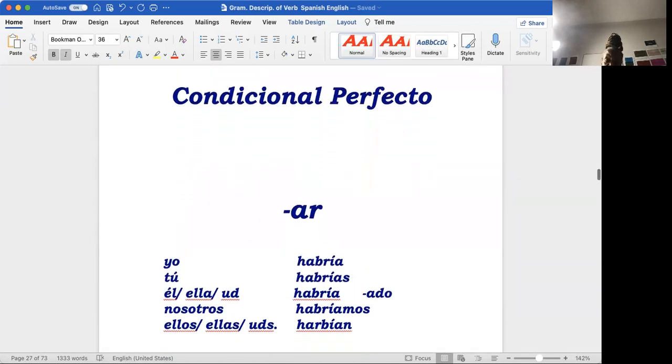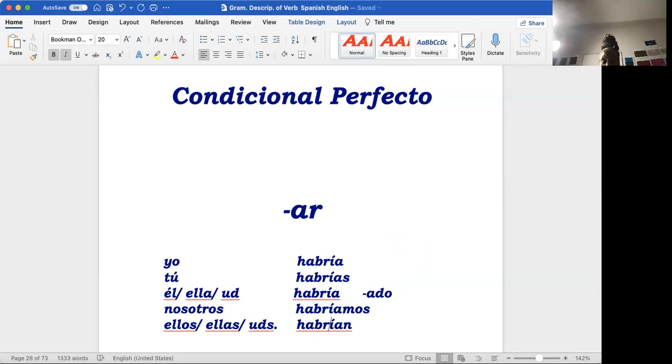Spanish, condicional perfecto. So we're talking about the conditional of the verb haber, H-A-B-E-R, and the conditional is we get rid of the E-R, and then we add the ending R-I-A, R-I-A-S, R-I-A, R-I-A-M-O-S. Look at the accents. Oh, this is spelled wrong. Thank goodness. There we go. So it's H-A-B-R-I-A-N.